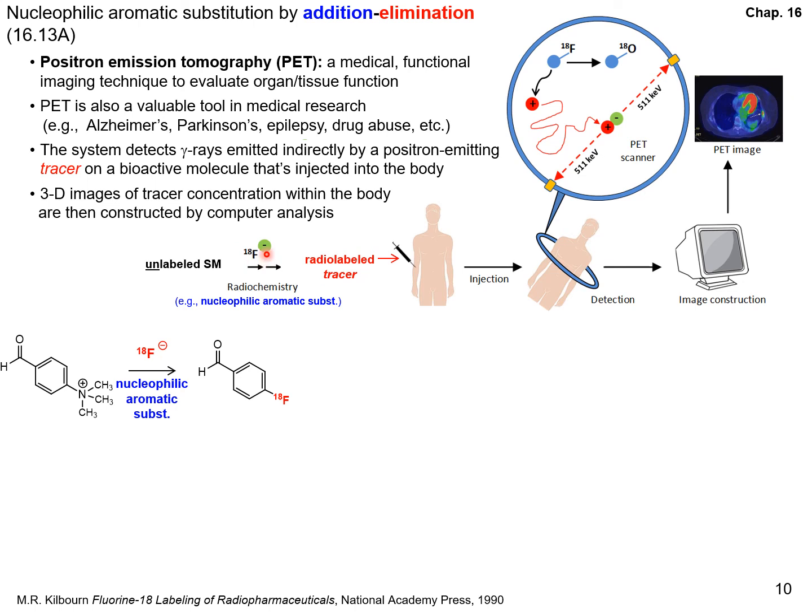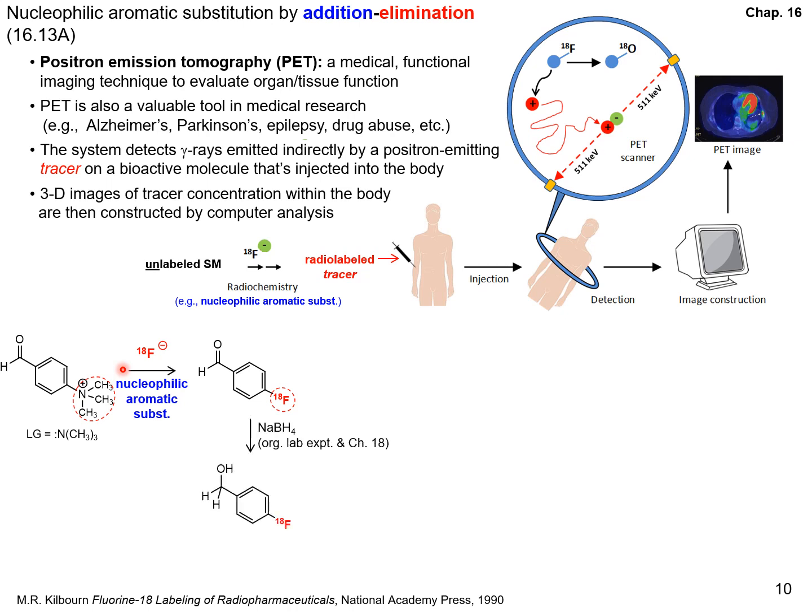The insertion of radioactive F18 into tracers is frequently done by nucleophilic aromatic substitution, and this is an example I took from the chemical literature. Here you see a benzene ring with a strong electron withdrawing group that has a leaving group in the para position. So the leaving group would be this amine. Nitrogen has a positive charge, and as it leaves, it would take the electrons in the C-N bond. So this is a leaving group, much in the same way that when you protonate OH or OR, it becomes a leaving group. When this molecule was treated with F18, a nucleophilic aromatic substitution reaction takes place to make the